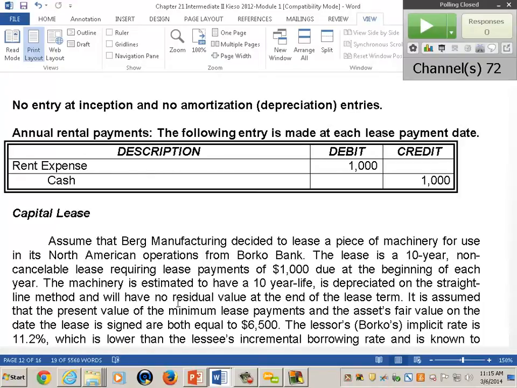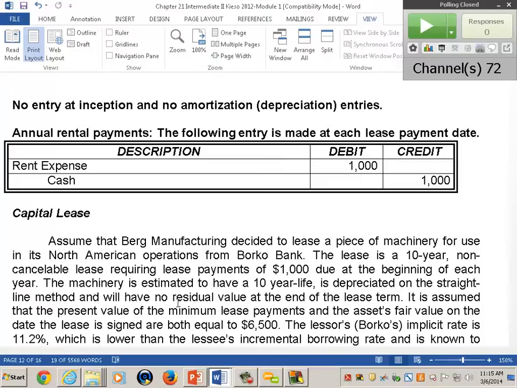So back on page 12, if this was an operating lease in module 1, you've got a debit to rent expense and a credit to cash, and that's it. The disclosures, yes, we'll talk about them, do indicate the commitment to make those payments on these leases, but in fact, it would not be reflected on the balance sheet.